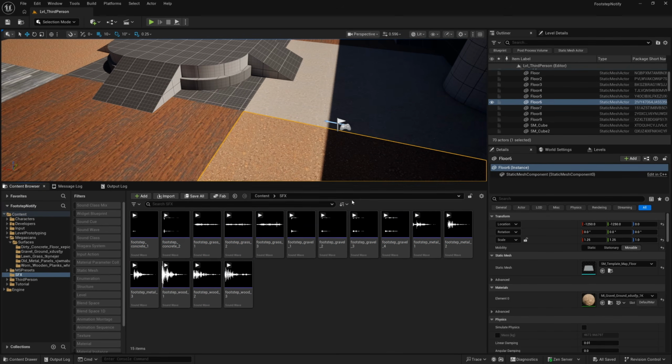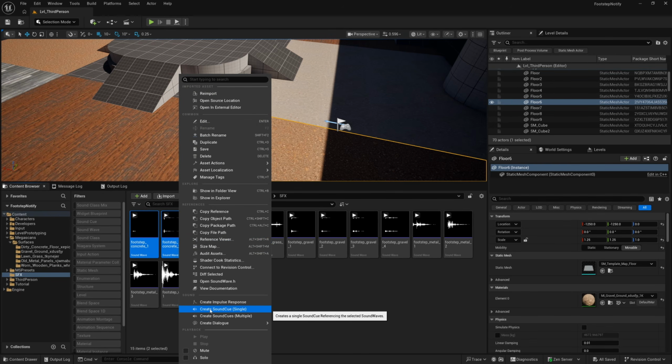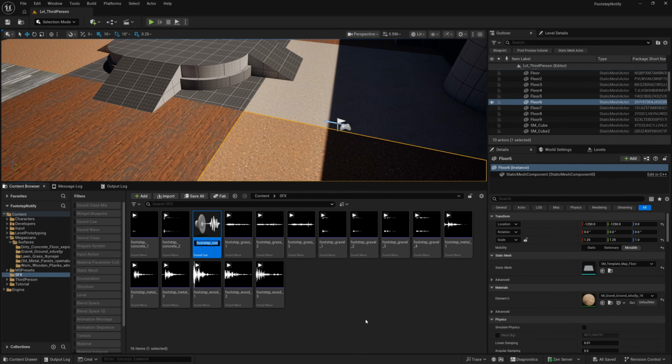And the other thing we want to do is create some sound cues from these. And that just means that the cue will sort of select from the different versions of the different sound effects that we have here. So I'm going to hold Control and click the concrete sound effects here, and then I'll right click and we can create a sound cue single. And I'll just call this SC for sound cue underscore concrete. I'll select all of the grass sound effects, create a sound cue, call that sound cue grass, so on and so forth. Do gravel next,